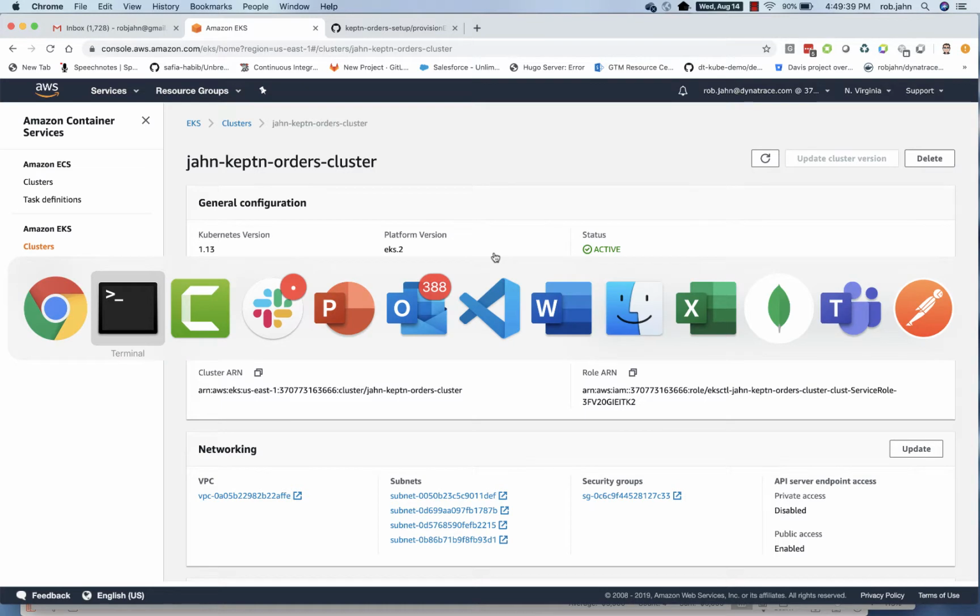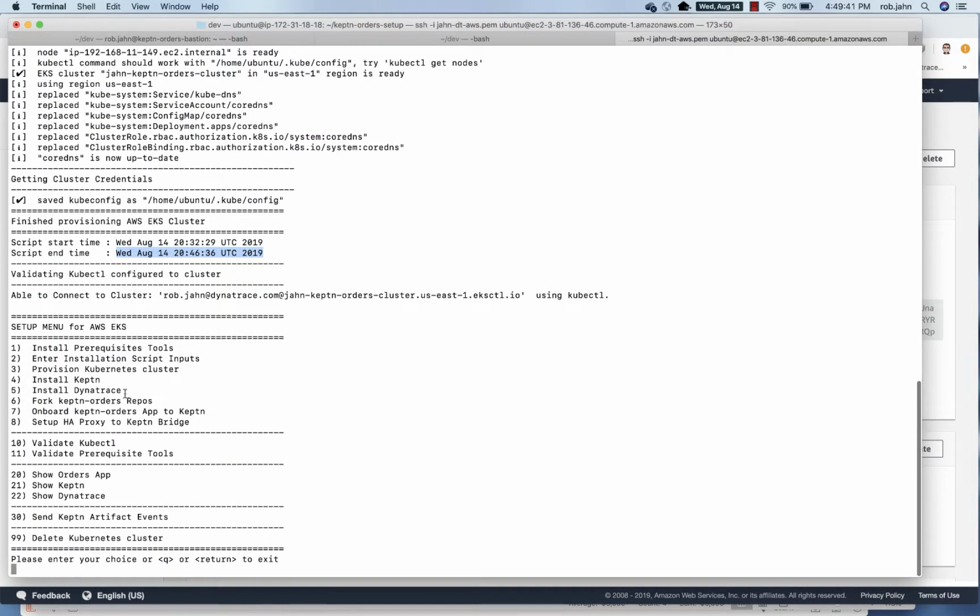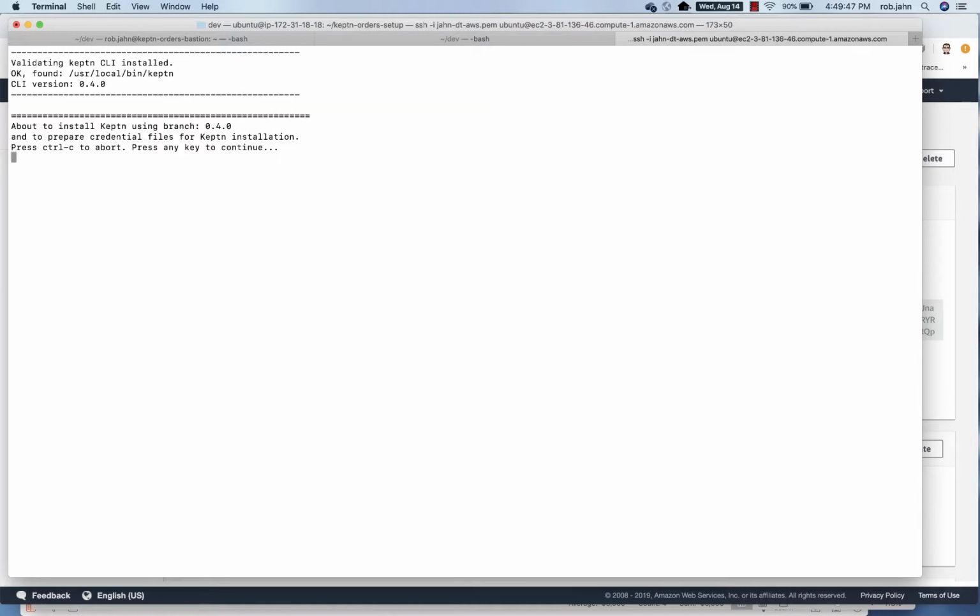Now we can move on to our next step, which is installing Keptn. So here we're going to pick option 4 from our menu. And this again is going to give us just a little heads up that it's installing 0.4.0. We can go ahead